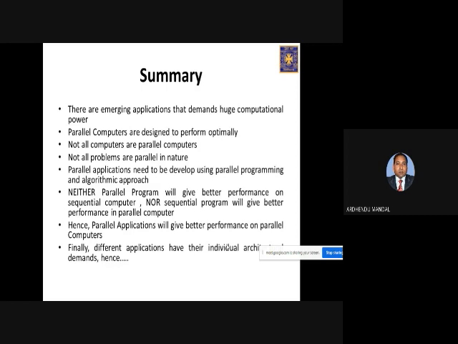Even it's not the case that when you are going to write a program to solve a large problem or a small problem, you write it forcefully in parallel and think that it will give the best performance. No. If you forcefully write a sequential program to be parallel, what will happen? For 1 second of computation, the data has to travel 5 minutes. The travelling time of the data movement from one processor to another will take much more time. Instead of that, you could have executed it in less time with a single processor.